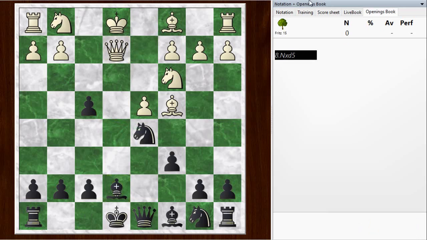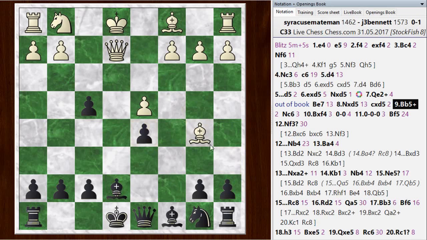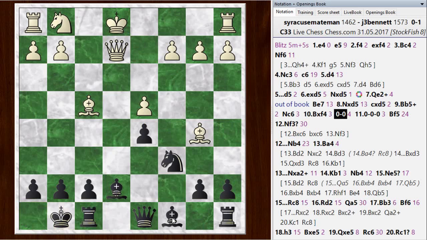I block here, and we're out of the book, so we can just look at this from the notation tab. And then he takes the knight. I take back, and then, well, he throws in bishop b5 check. Actually, I don't think that helped a whole lot, but it is with tempo. Maybe he was worried I would find some way to defend the pawn, but probably not. I would probably just castle,